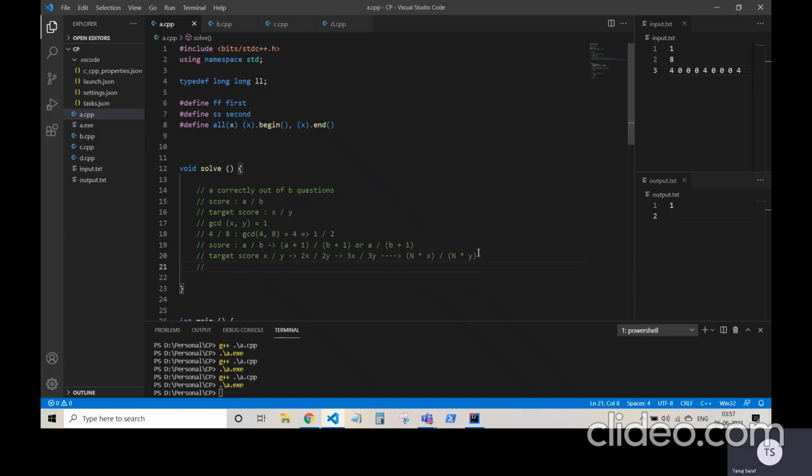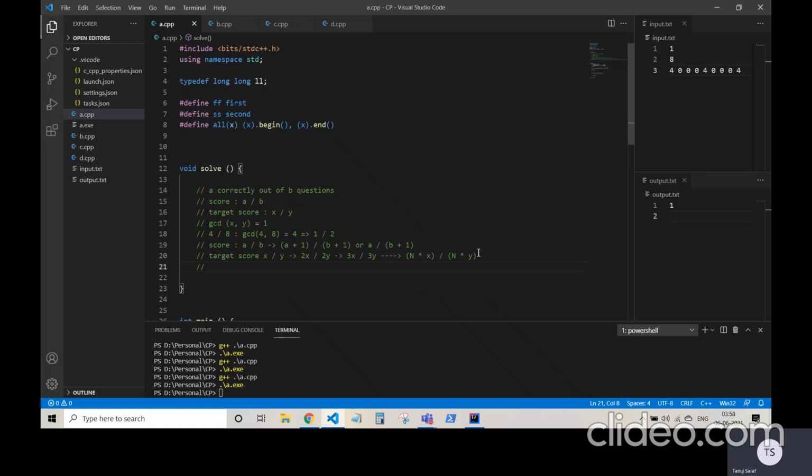Now another very important observation, or rather a demand of the question itself, is that we have already solved B questions, and there is no way that we can change an already existing answer. The only way to move forward is that we solve a new question, and either we can solve it correctly or incorrectly, which means that the denominator in any case increases and the numerator either remains constant or it increases. The numerator cannot decrease from A and the denominator cannot decrease from B.